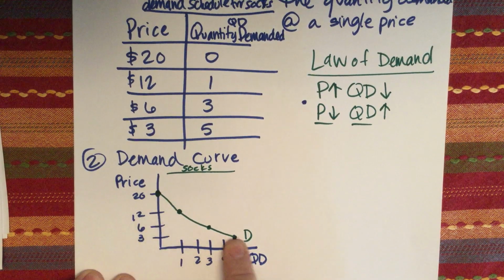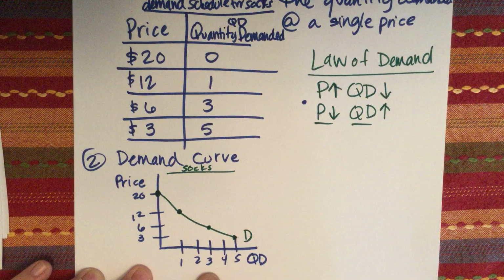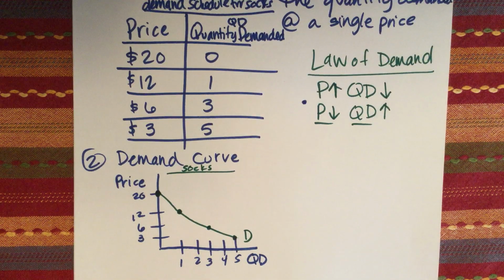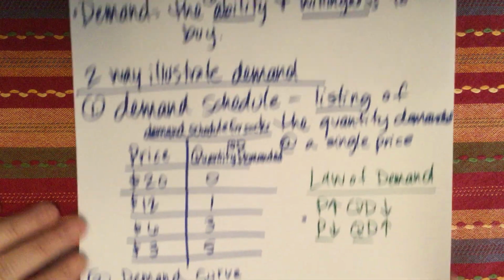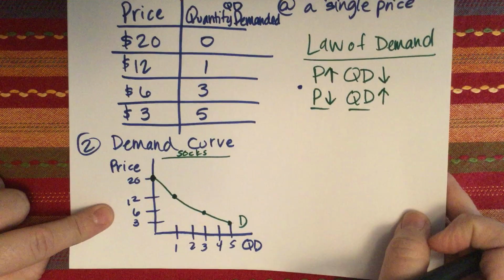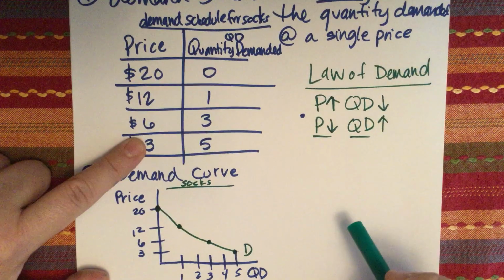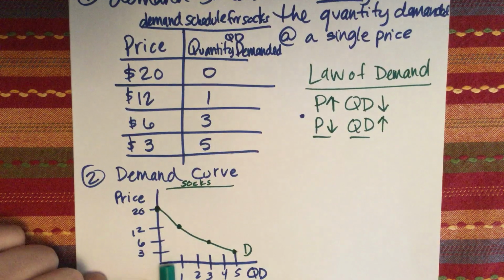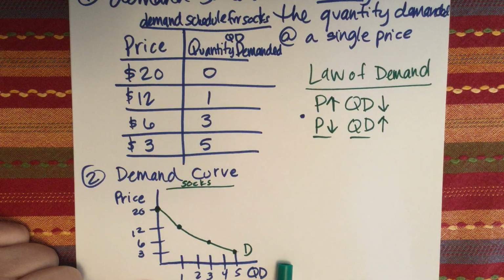Okay, so this demand curve again is downward sloping. The reasons are on the Google Classroom, on the PowerPoint that I had posted. And that's basically that. Remember, the one thing that you should remember from this little card is that there are 2 ways to illustrate demand. The 2 ways are, number 1, this demand schedule, number 2, this demand curve. And that when you are plotting out this demand schedule onto a demand curve, know that price is always on the Y, quantity is always on the X.